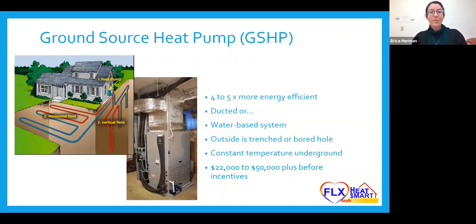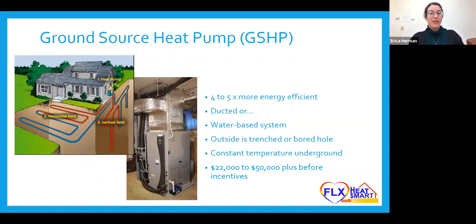Systems for ground source heat pumps can come in a couple different fashions. You could possibly do a duct retrofit, or if you have a good sized basement without ducts, ducts can be placed in. They can sometimes also be retrofitted with current water-based systems, such as boilers, etc. But double check with your installer first to make sure that it's compatible. So the outside portion, again, lots to do with outside. It either comes in a trenched fashion where they need a chunk of space to dig about 6 feet down to lay the coolant lines, or a vertical well is drilled, similar to what you have for a water well, but not as deep, if there are space constraints or other concerns.